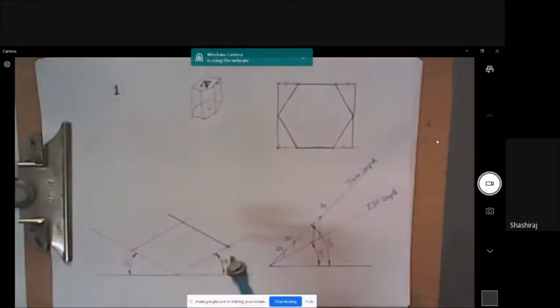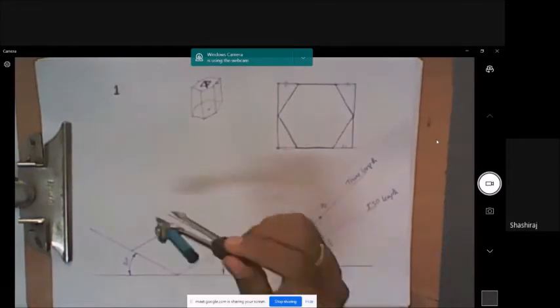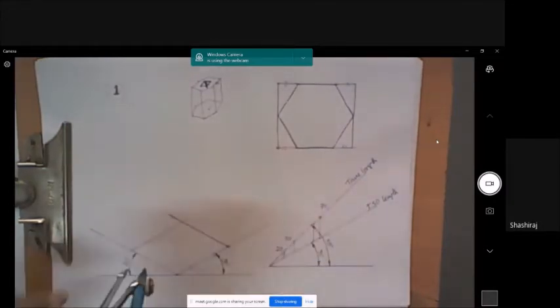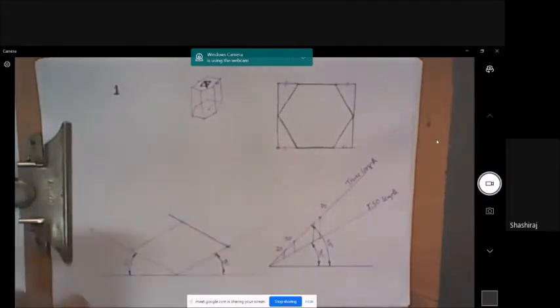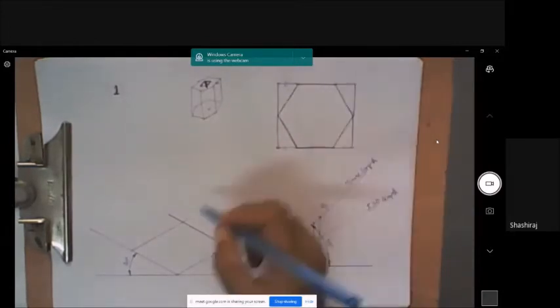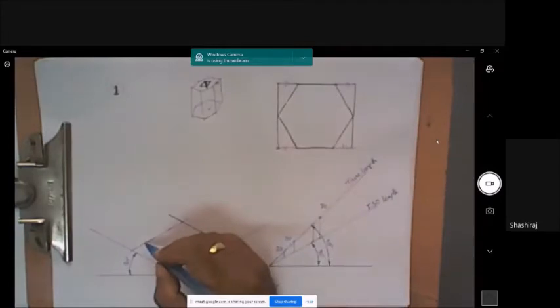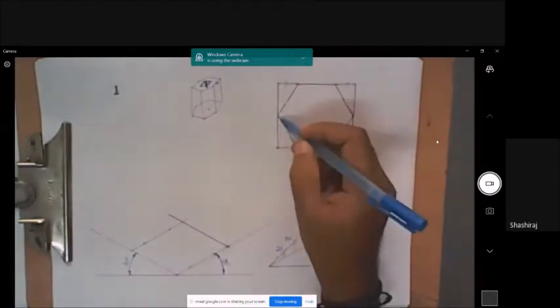I can draw it from this end also to get the point here. Similarly, I can draw it here to get one point here, and I can draw a point here also. This point has come here, and this point has come here. And I know that this point is half of this, right?